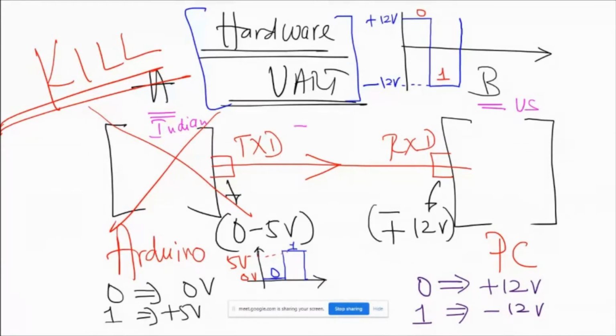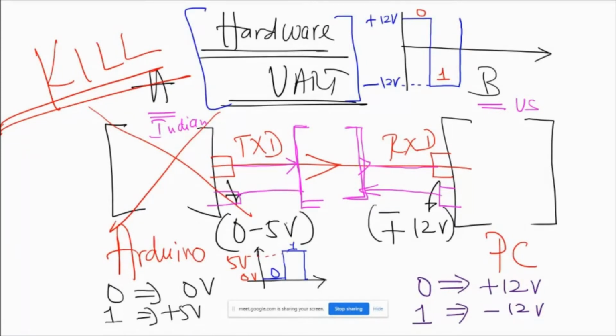So therefore, I need to have a money exchanger in between. The Indian hands over the Indian currency to the money exchanger, who converts that into US currency, and then hands it over to Mr. B. Similarly, if Mr. B wants to send some information back to Mr. A, he sends the US dollar to the same money exchanger, converts that to Indian rupee, and then sends the information back. So this money exchanger acts as an intermediary agency between two individuals who use different currencies. It is pretty much similar in this case.